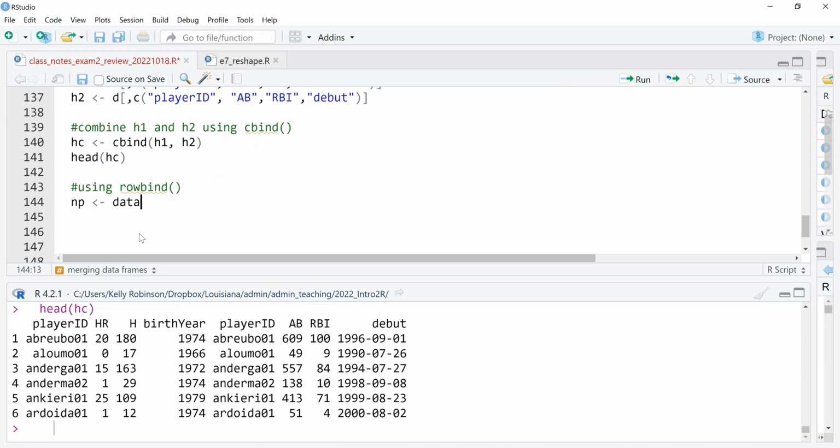We're going to make a new data frame that only has one level. Player ID, we're going to find these in a minute here. HR, H, and birth year. Okay, do this a little bit backwards. Player ID is going to be